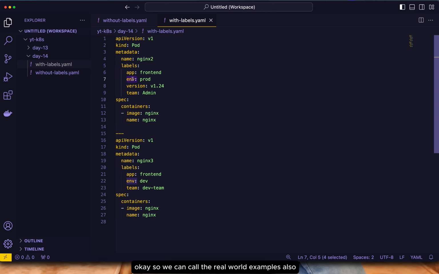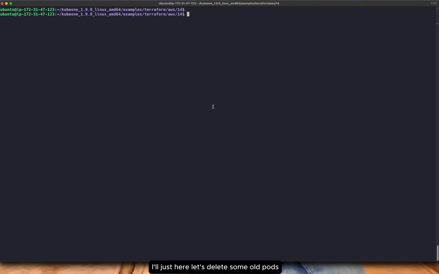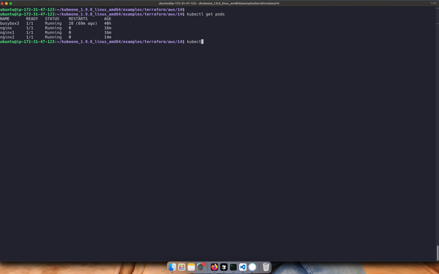So we can call the real world examples also. We can simply find the environments using kubectl get pods with environment equal to production or app equals to front end. I will show some examples using this. What I'll do is copy it, and let's delete some old pods. kubectl get pods. Then kubectl delete pod. So we can delete busybox3, nginx,